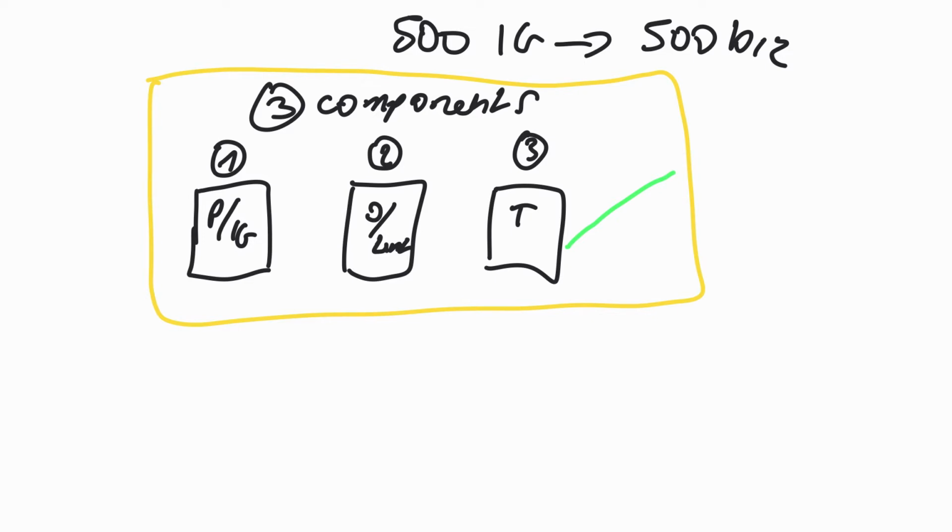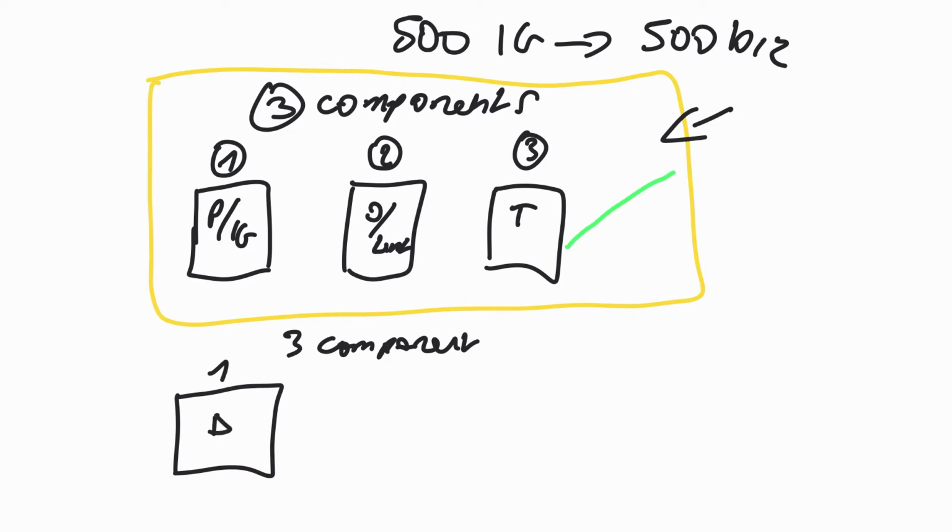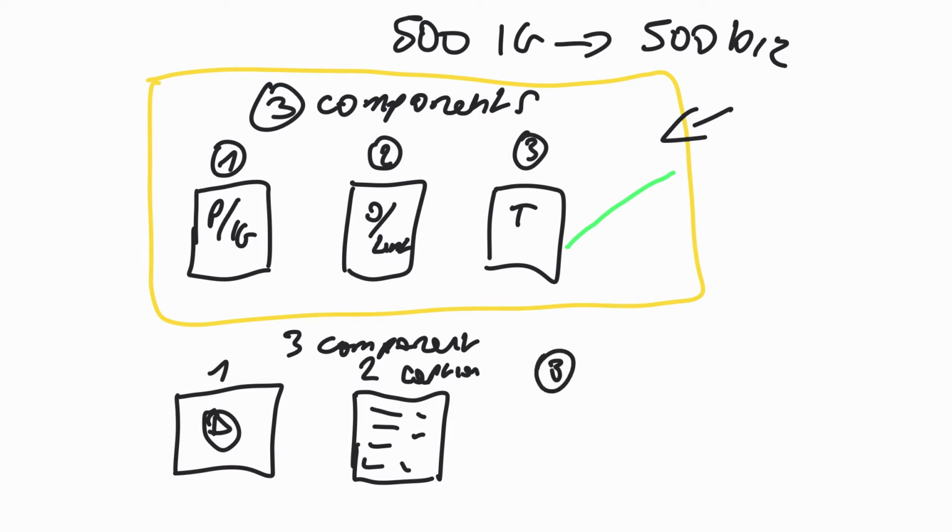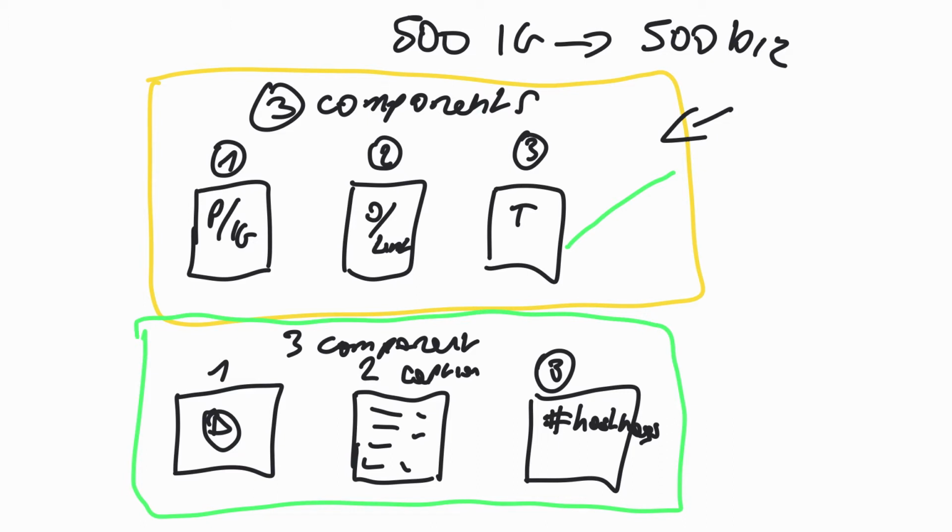Now, on Instagram, there are 3 components. This one was just business in general, but on Instagram, if you want to run your account, you have 3 things you have to do. The first thing is the media. Let's say it's a video, okay? The second thing is the caption. You need to write a caption, right? And then third is hashtags, okay? Apparently they're vanishing or something now, hashtags. But still, you have to do this. If you want to run an Instagram account, you need these 3 components, okay?